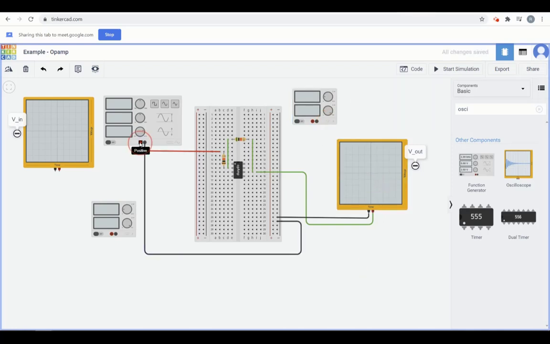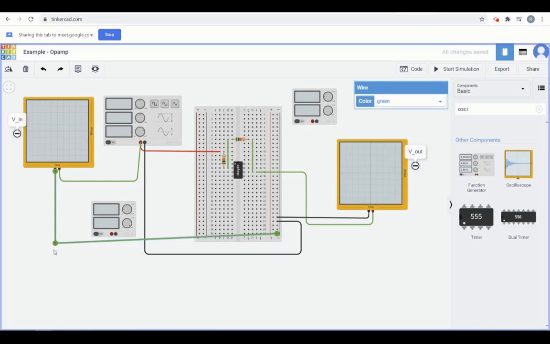Let me also make a connection so that I can see the input. So let me directly connect my function generator with the oscilloscope. The oscilloscope also has to have the same ground. We have to always ensure that there is only one ground. There should always be only one ground in the circuit, not multiple grounds.